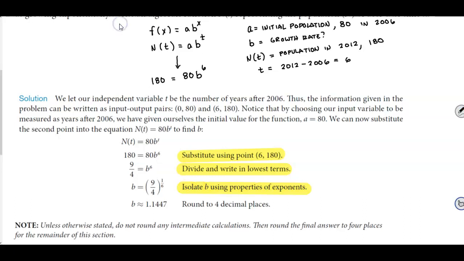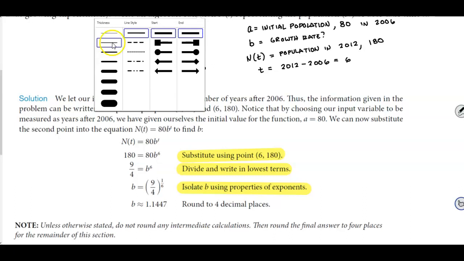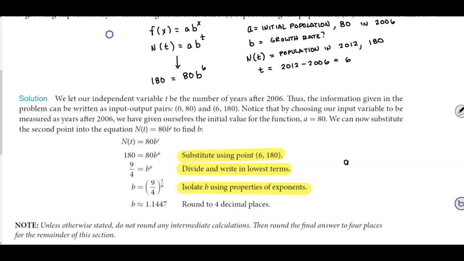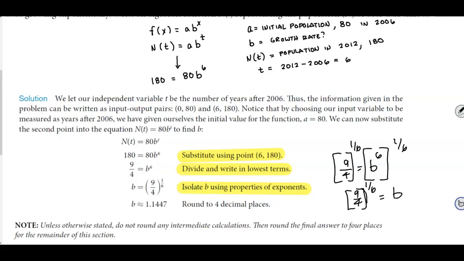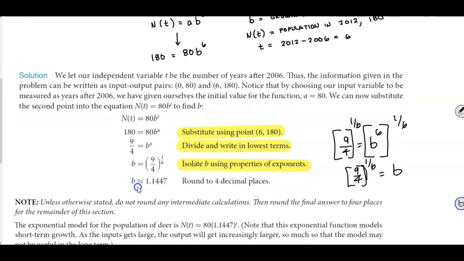Recall that in order to solve that step, if you have 9/4 equal to b to the 6th, you raise both sides to the 1 over 6. And so you end up with 9 over 4 to the 1 over 6 power, and that's now b. So b is approximately